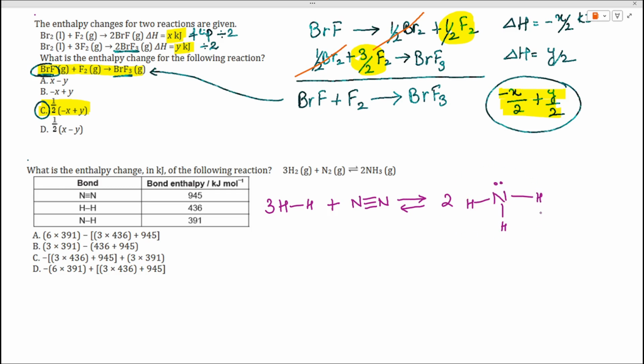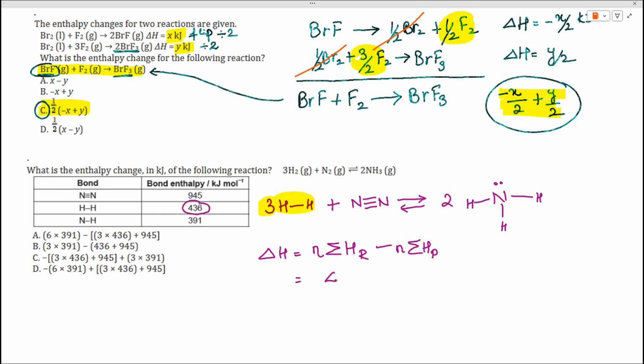I have drawn the Lewis structures for each one of them, but we are really not worried about the lone pairs over here. So to find the delta H, we'll have the sum of all the bond enthalpies of reactants minus the sum of all the bond enthalpies for the products. These have to be multiplied by the number of moles of each of the bonds involved. So we can see that on the reactant side, we have one hydrogen bond, which is a single bond, but 3 of them. So we'll take this value